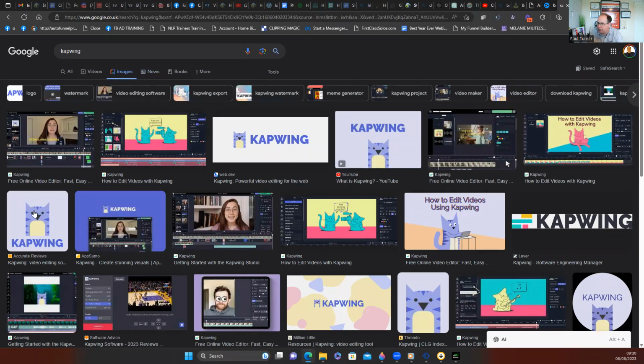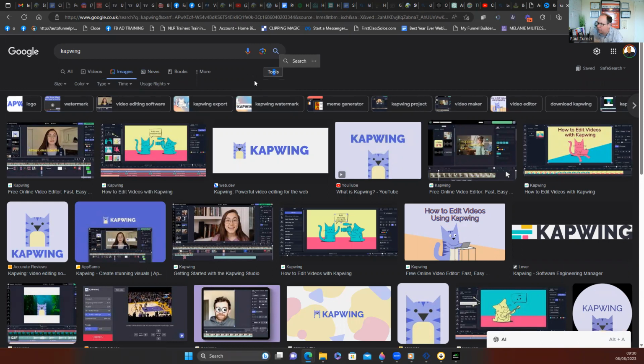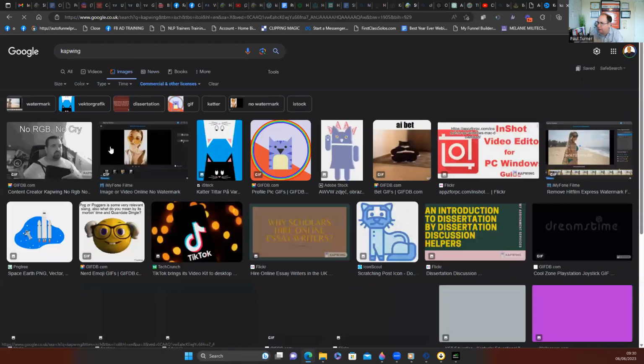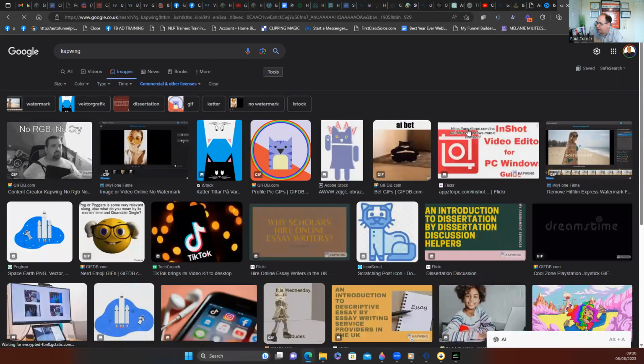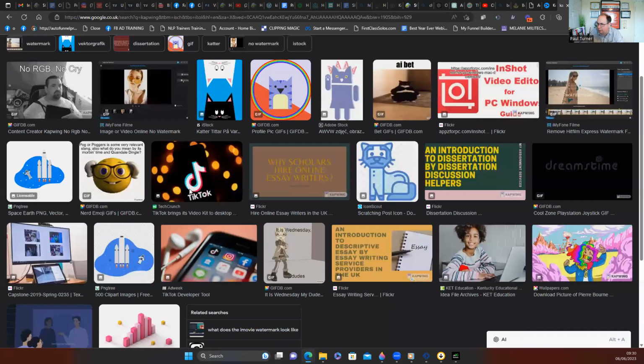It's not really what I want, but okay, so that's their logo. If you come to tools, you can select usage rights, commercial and other licenses. That means any of these you are legally allowed to take, right? The license on these is for commercial use and sort of any use really. I'm not sure if any of those really are sort of Catwing.